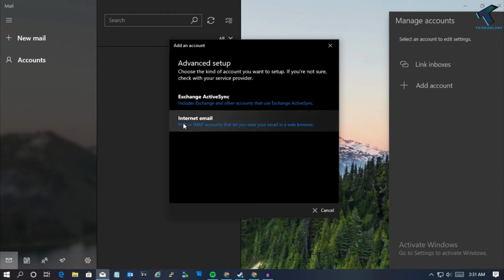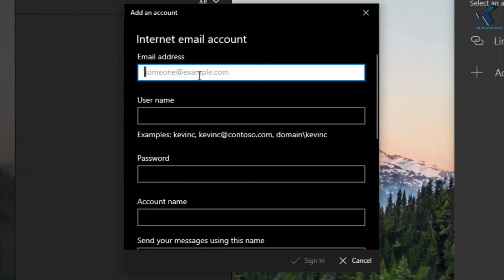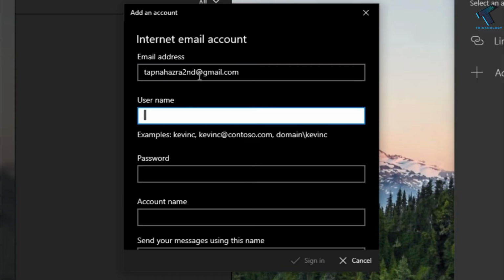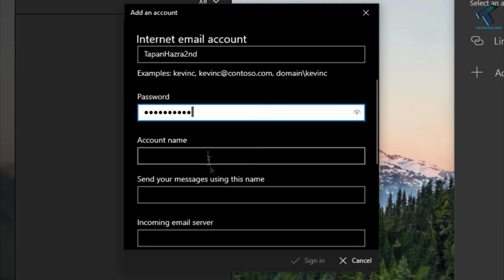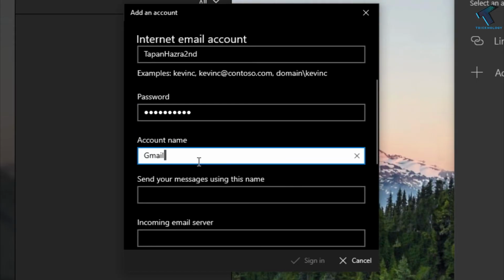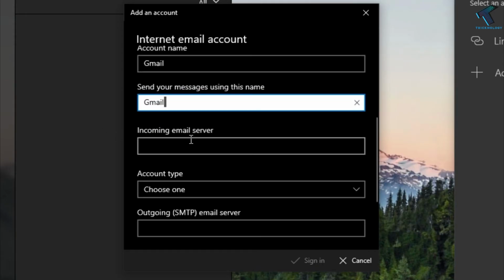Now you have to select the second option, which is internet email. Now you have to put your email address over there. So in this case I will put my email address, and after that put your username. You can put any username, so I will put here Tapanaja second. Now you have to put your password over there, and after that account name you can put anything, so I will put here Gmail, and again Gmail, and incoming